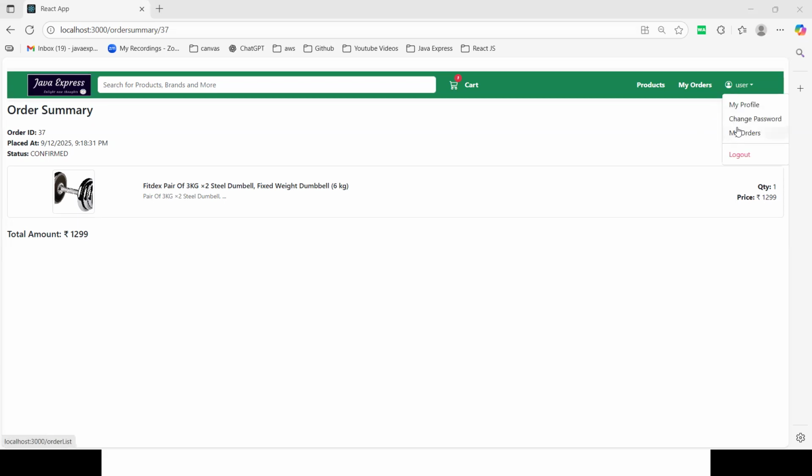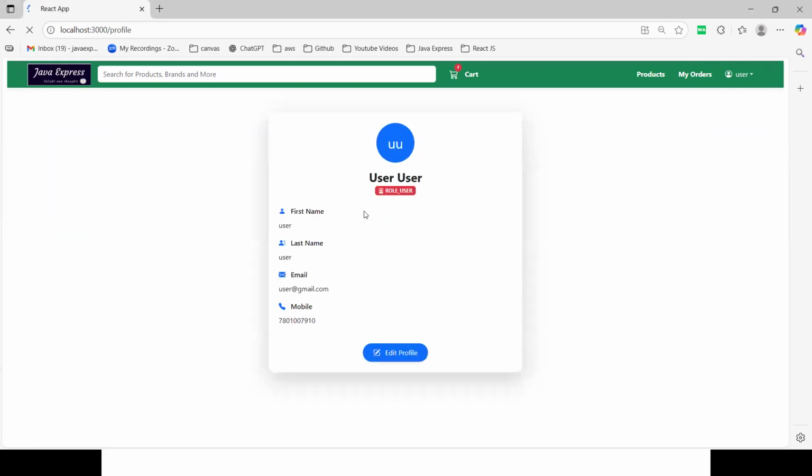Now I logged in as a user role. If you see, which role do I have? ROLE_USER. All these APIs we will develop in the backend, guys. Few assignments you guys need to do, and I will take care of a few, and we will try to develop the microservices here. Yes, everything is on localhost only. See here, everything on localhost. Why? Because in the backend, all my applications are up and running here. Guys, just 1 minute.